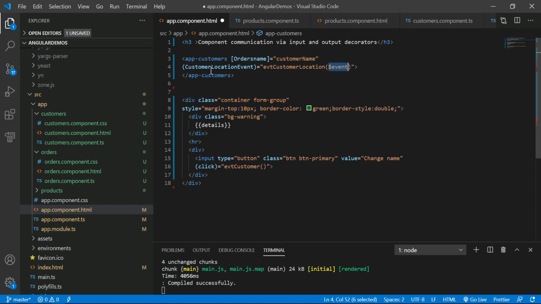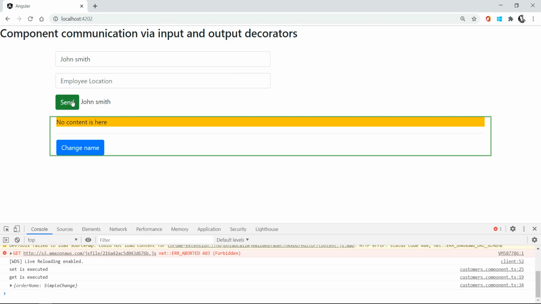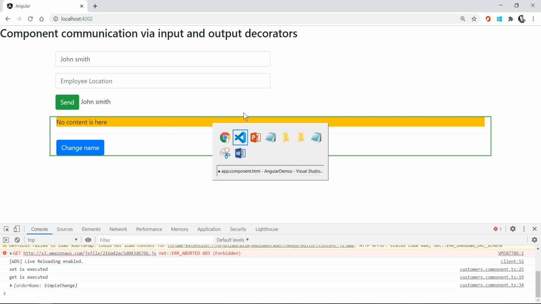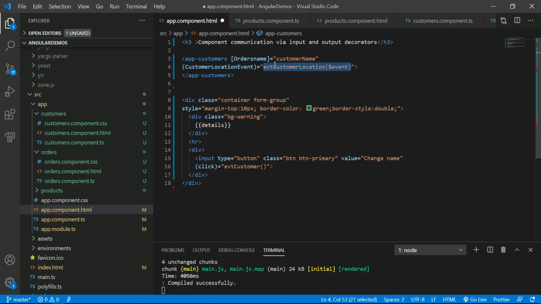For this parameter only I have to create one more event. If I write the dollar event like this, the value can be treated as a string, a boolean property or any kind of value. But here my problem is that this is the event emitter. Once you click on that, an event happens. So for that we have to give the event into app.html. You should not declare it the way we declared it for the input decorator. That is the difference you have to notice.